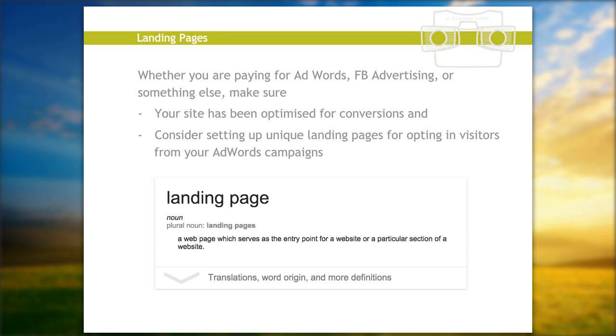So even if you don't have a landing page per se, make sure that the page they are going to isn't the home page, but the page that specifically talks about what your ad was all about. Does that make sense? Can I just check if that's made sense to you?